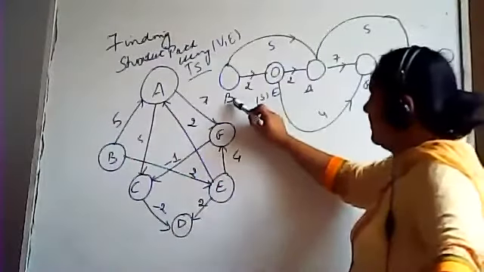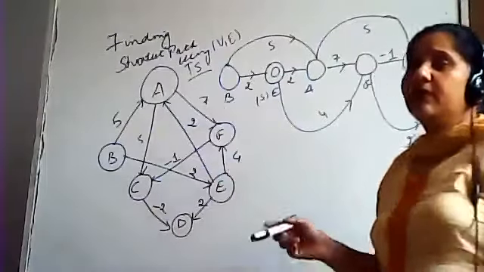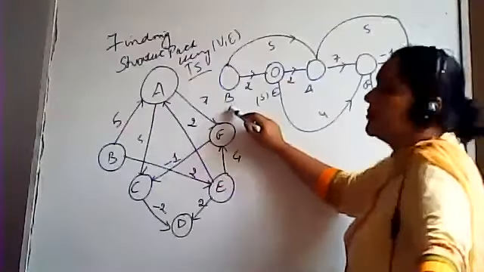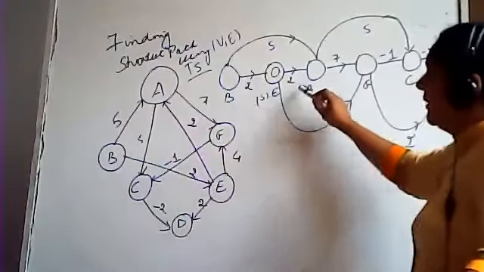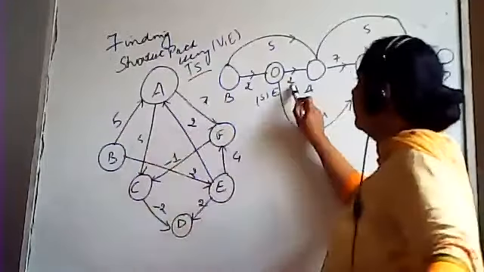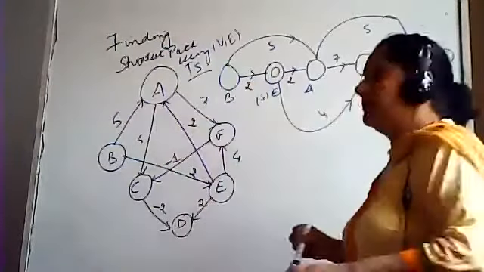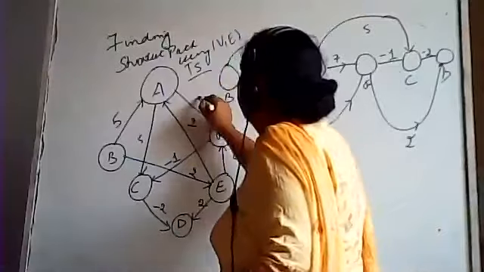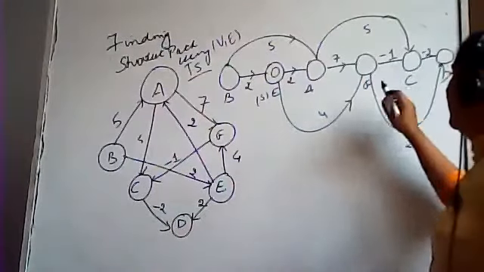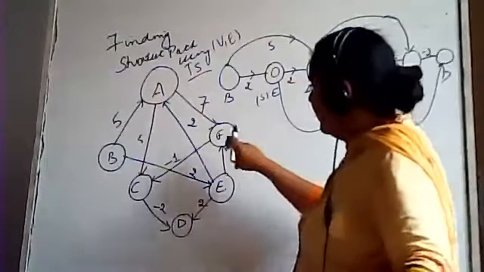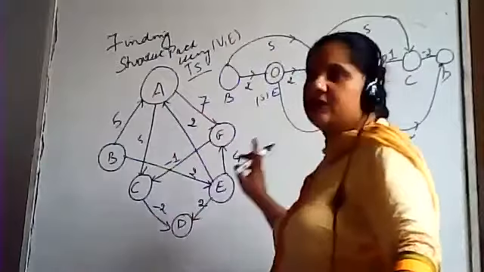Now see, distance between B and E is 2. So you have started with node B because that is the starting node, which has no incoming edge. So B to E, it is 2. Then E to A, it is 2. So I am writing 2 here. Then A to F is having weight 7. Right, so I have written 7 here. Then you have F to C. F to C is -1. So this is there. C to D is -2.